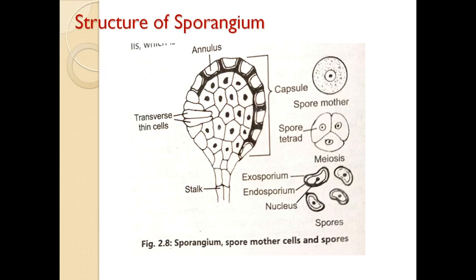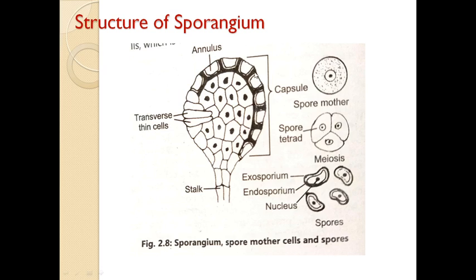Above the stalk, this oval or rounded shape capsule is present. The capsule is oval, biconvex and disc-like in structure. The wall of the capsule is made up of a single layer of flat thin wall cells. Along the periphery, it shows a distinct complete ring of cells which are vertically placed.